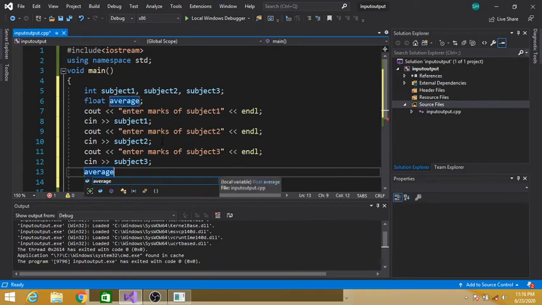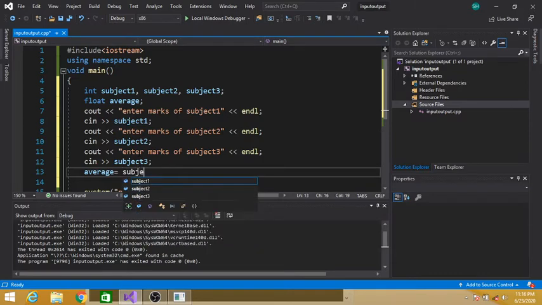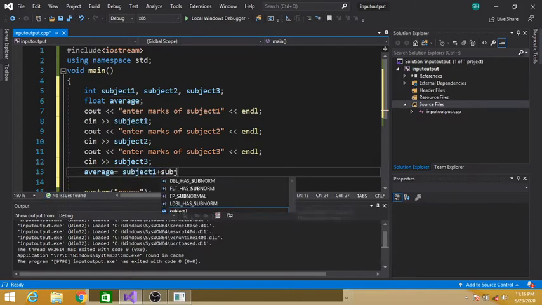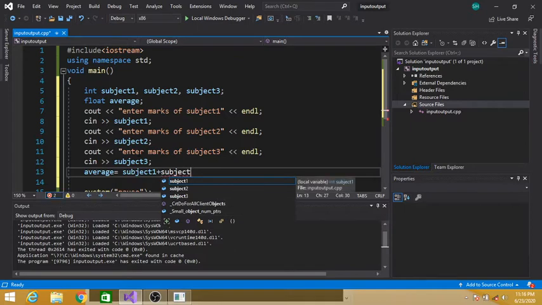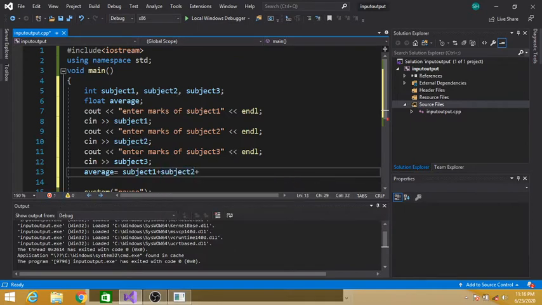We have declared this variable here, average is equal to subject 1 plus subject 2 plus subject 3 divided by 3.